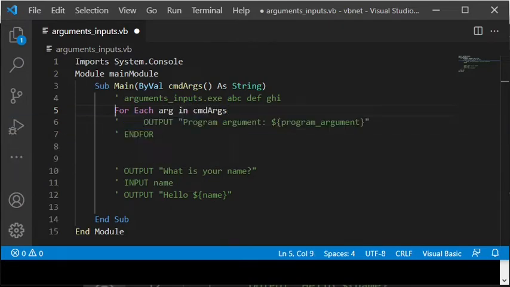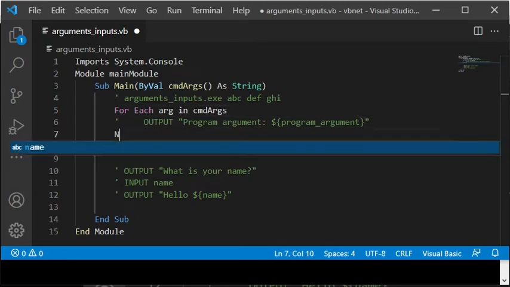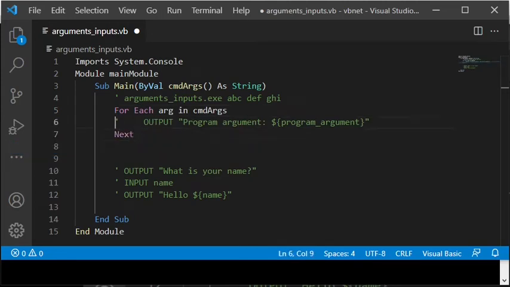and I choose arg as the name of the element iterated. Inside the loop, the iterated program argument is printed to the screen by calling the procedure writeLine. The string is created as a so-called interpolated string, with a $ sign prefix before the string and the variable name in the string within curly braces.